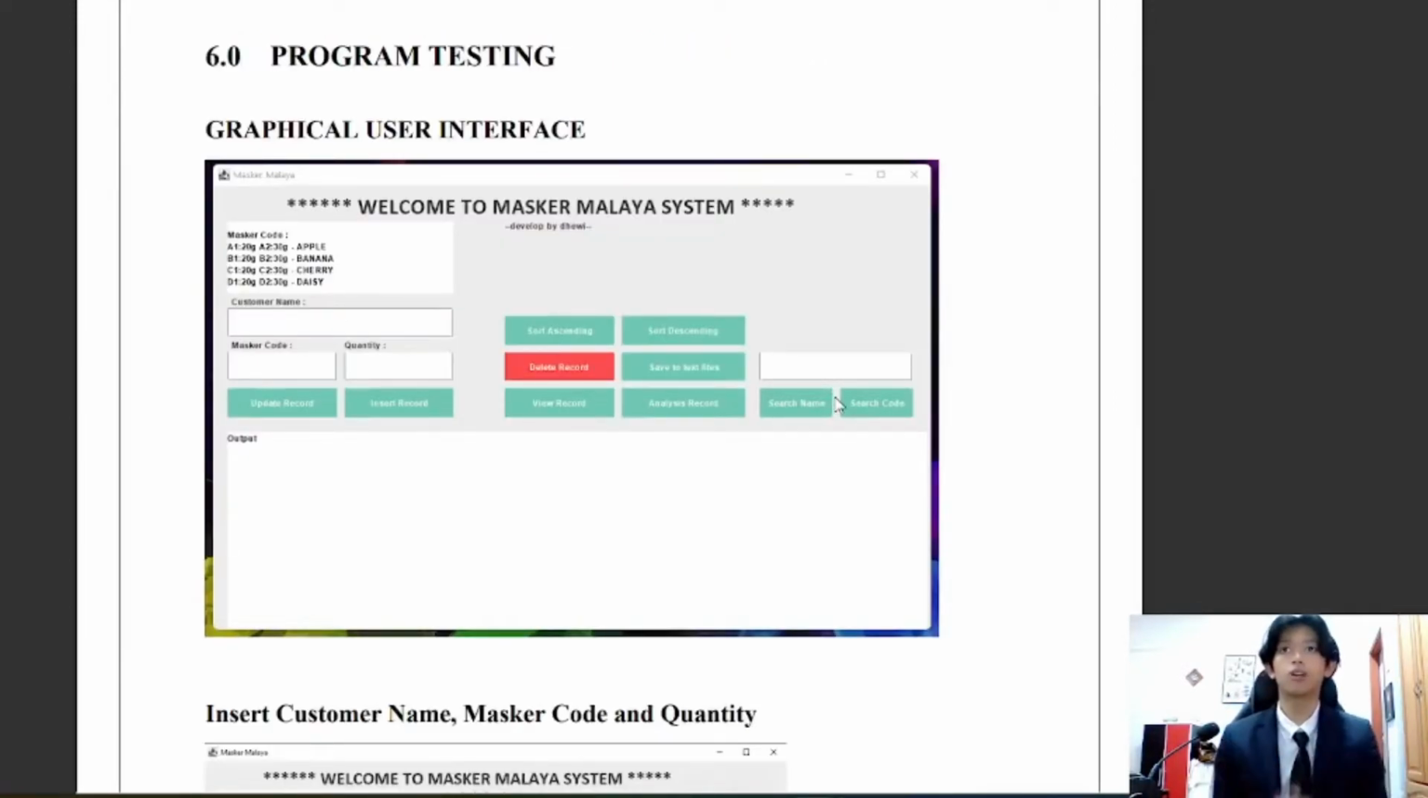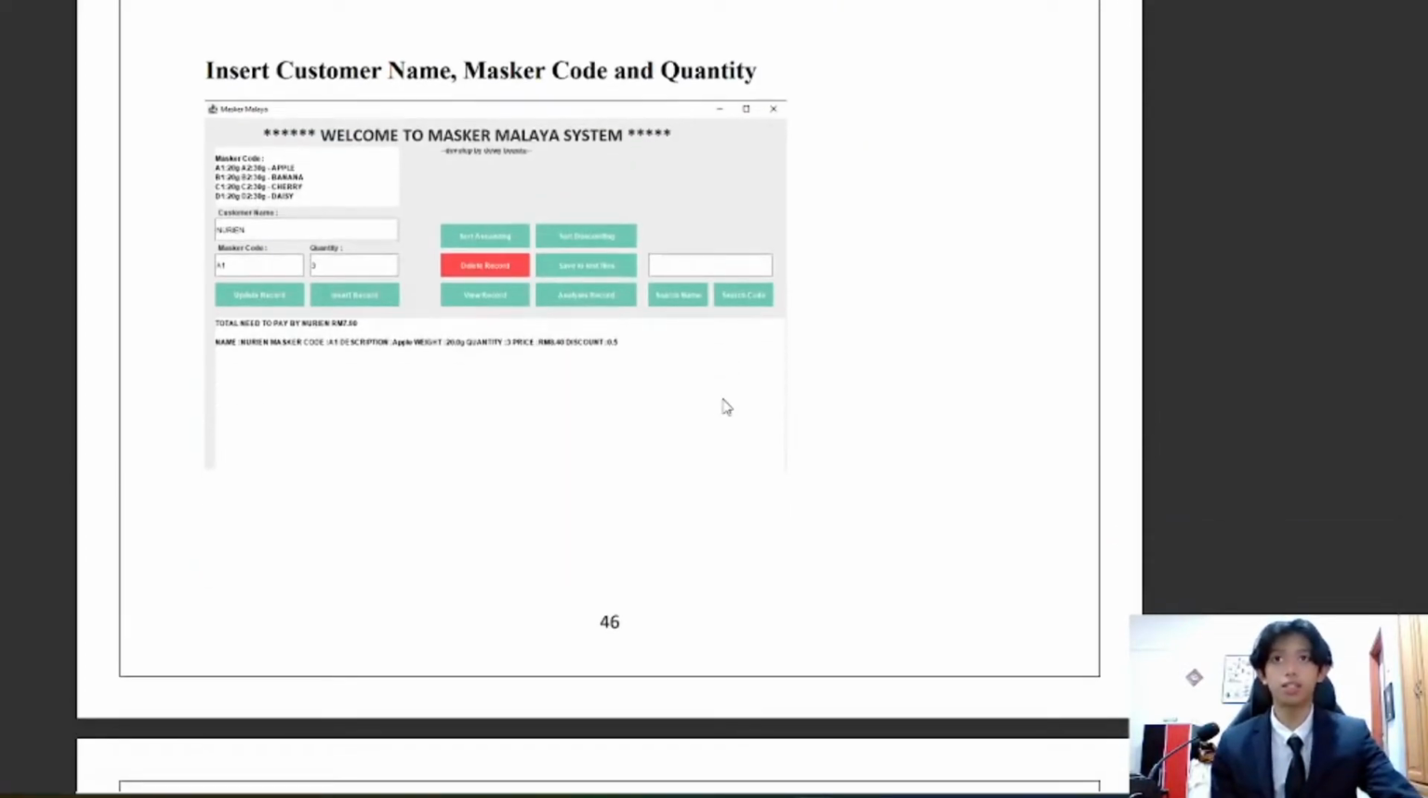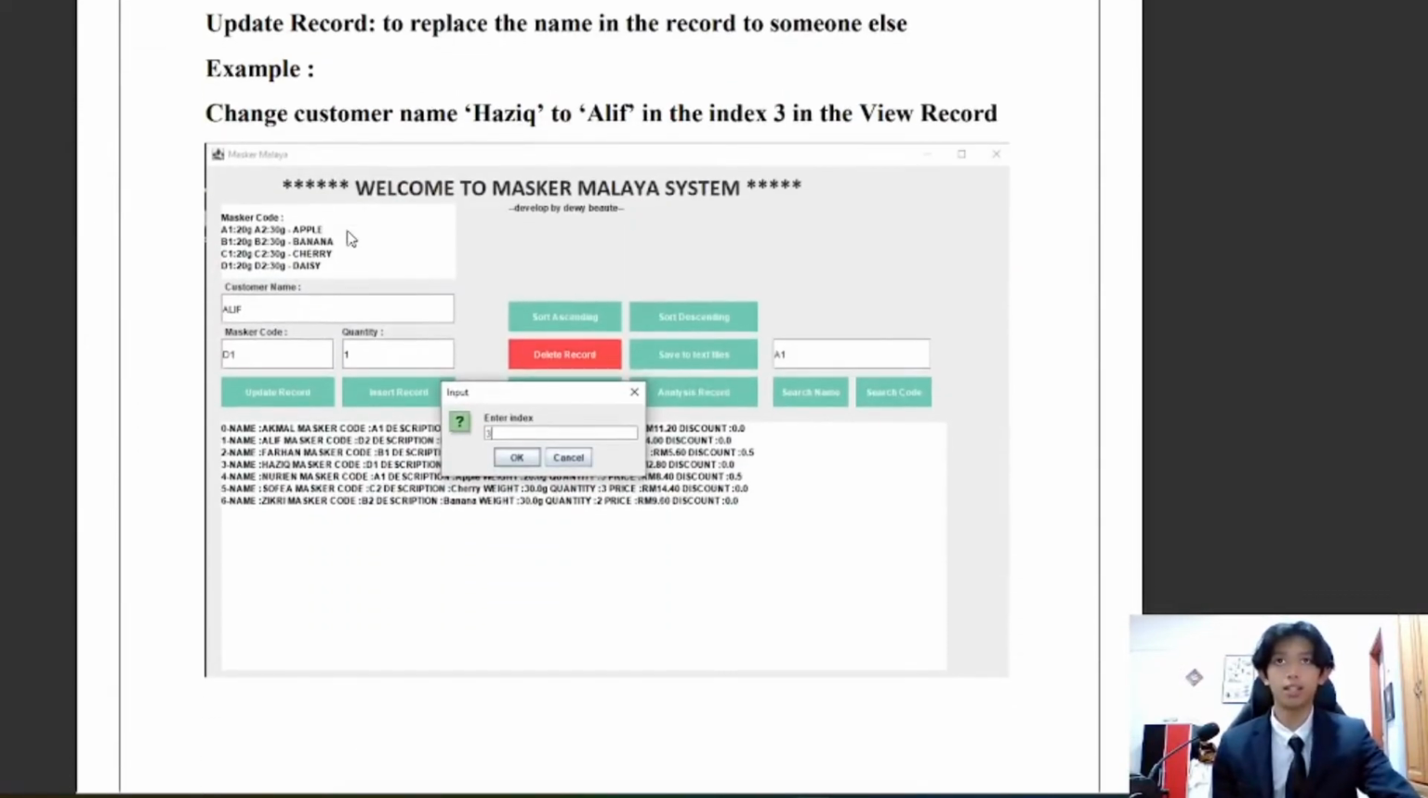So this is our graphical user interface, GUI. If you can see, we are trying to develop a user-friendly graphical user interface over here. And first is insert customer name, masker code, and quantity. So first, we are going to insert all the customer name, masker code, and its quantity. Second is update record. Example, if you are wrongly inserting the customer name, so you can just update the record and change to the name that you are desire or that you want